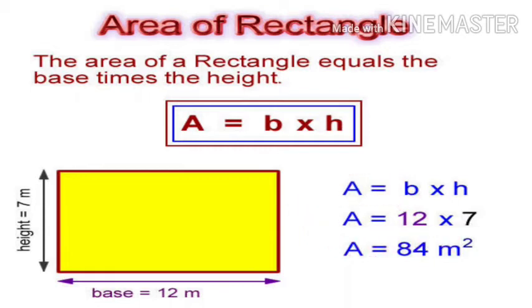Students, keep in mind, for perimeter we have to use units. To find area, we have to use square units. Here the given unit is meter. So you have to write here meter square or square meter. For perimeter, we have to use units. And to find area, we have to use square meter.